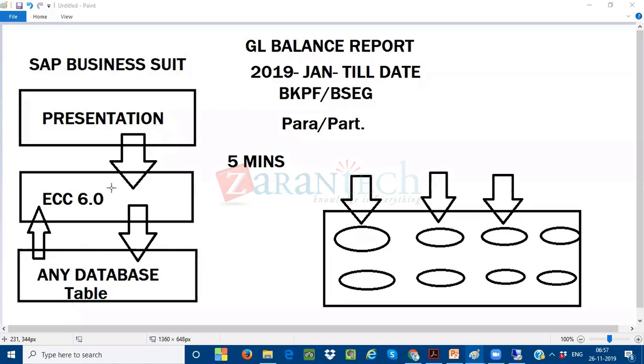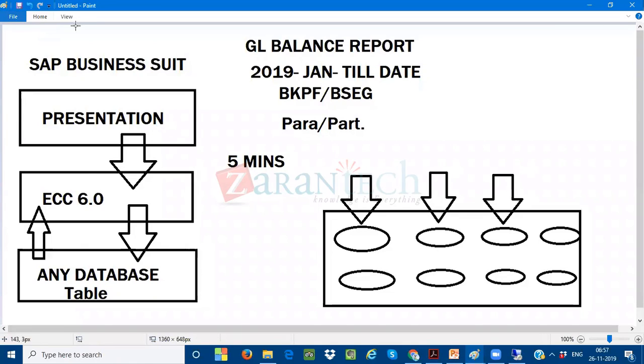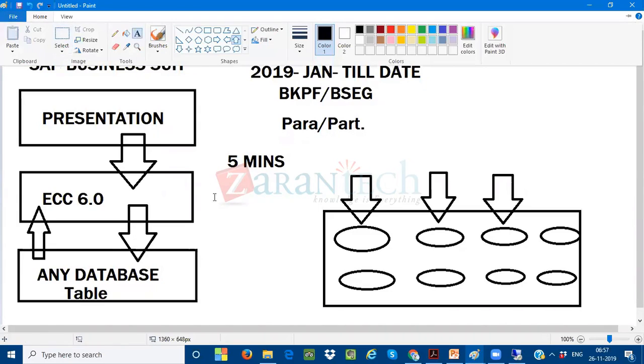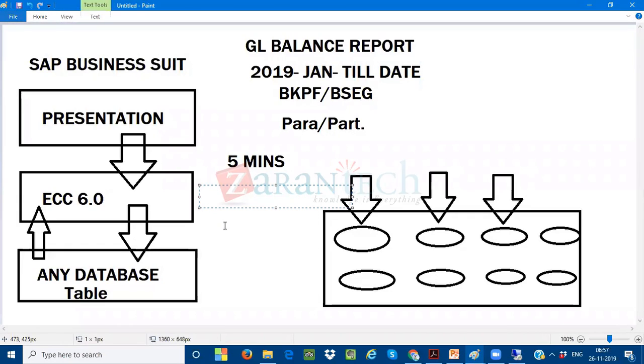So what my basis people are going to do, they are going to put some runtime. The runtime should be not more than 4 to 5 minutes, maximum 5 minutes. If the compiling is taking more than 5 minutes in the application, the system has to go with the runtime error. No, I cannot compile the report.